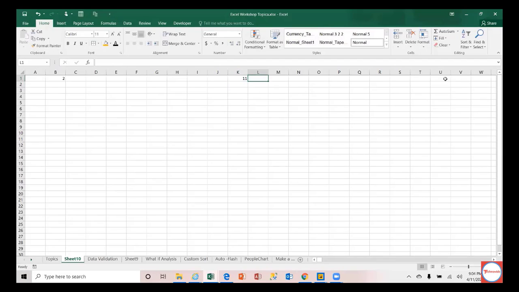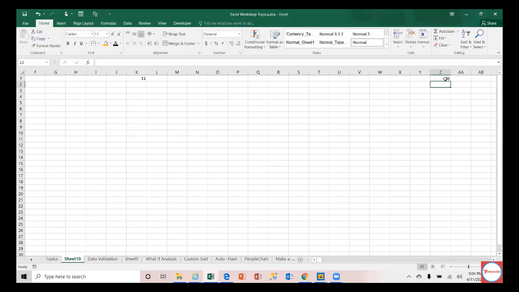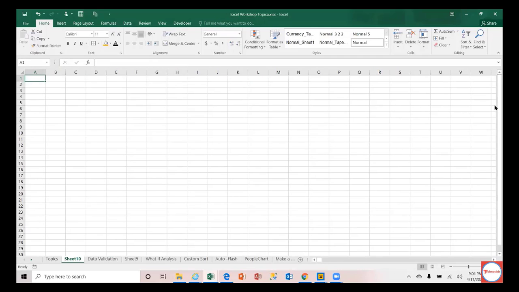For example, K stands for this one. Everyone knows about Z, definitely. It should give us 26 because there are 26 alphabets in the English language. So this is how COLUMN can be used.